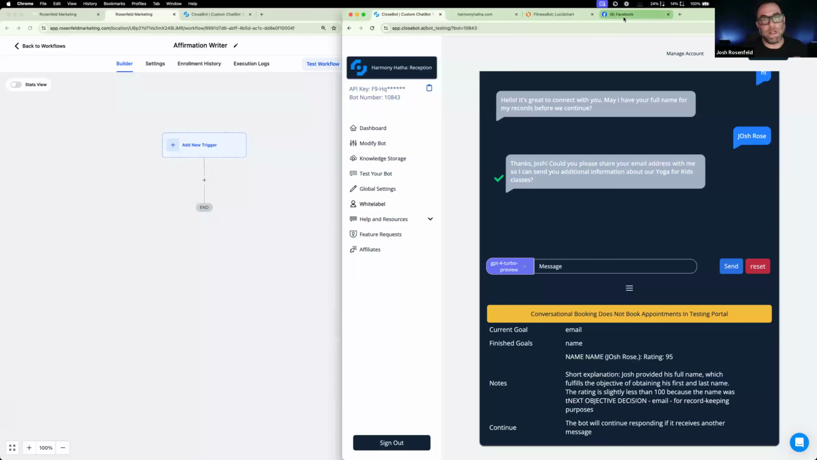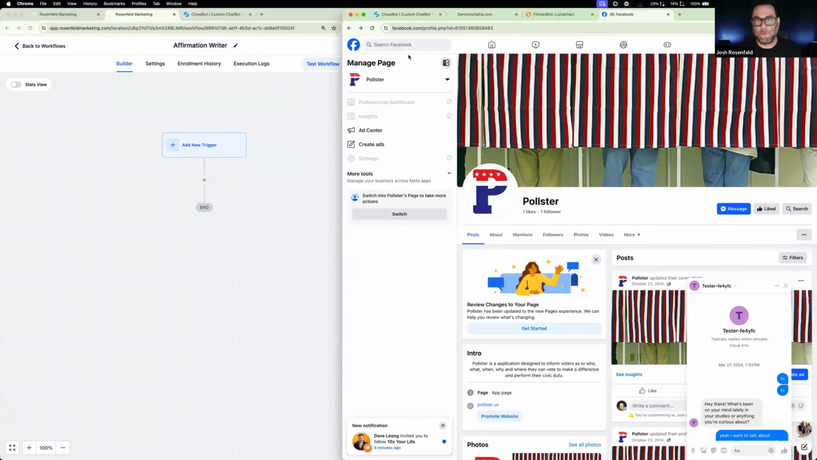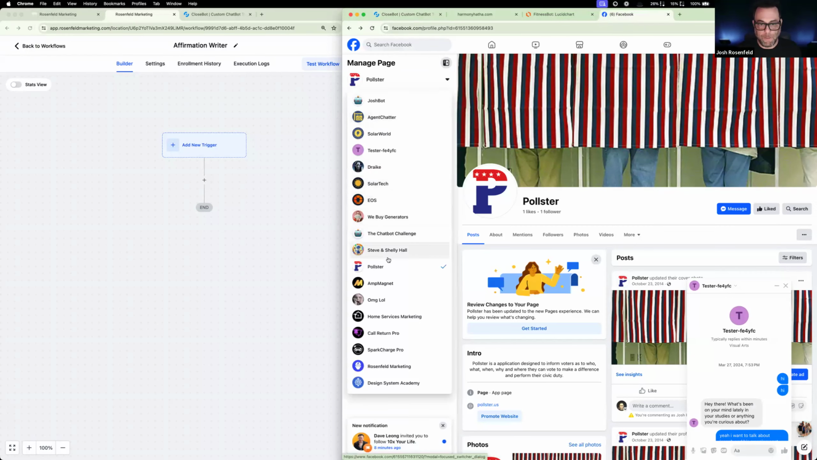So here's what I'm going to do. Here's another thing I want to do. I said I wasn't going to do it, but I'm going to do it. Just for us, I'm not allowed to make any more Facebook pages, not because I'm a bad person, just because I've made hundreds in my life on my Josh Rosenfeld account, so they're not really letting me make any more. So I'm going to use an old page just for us for now